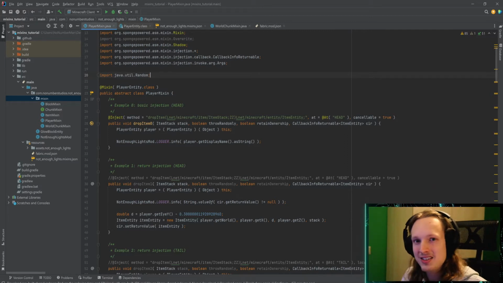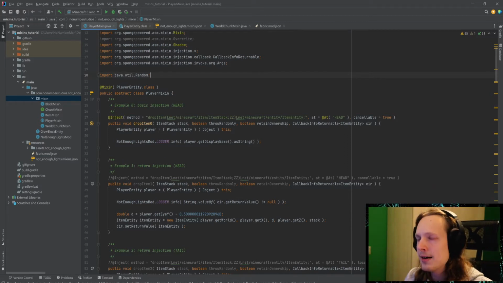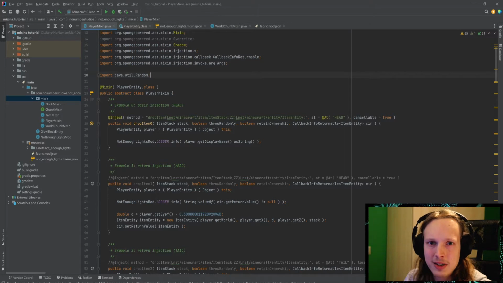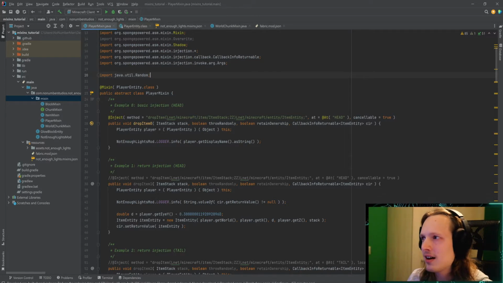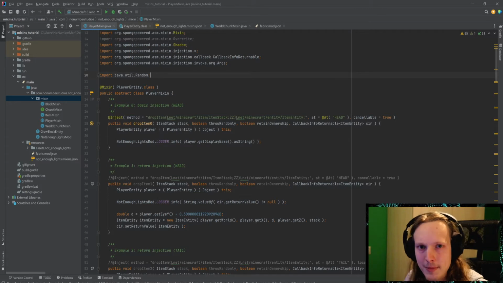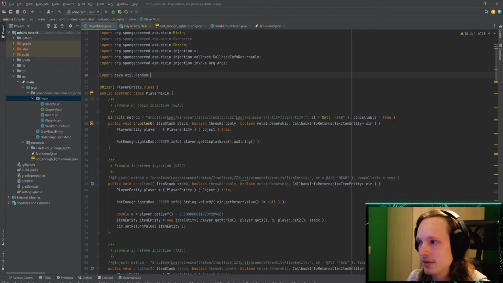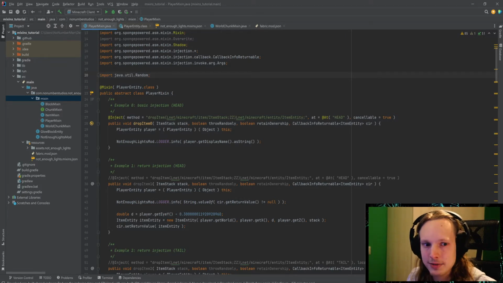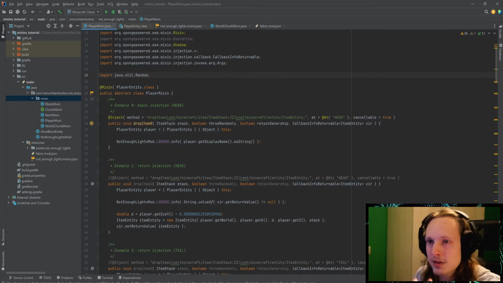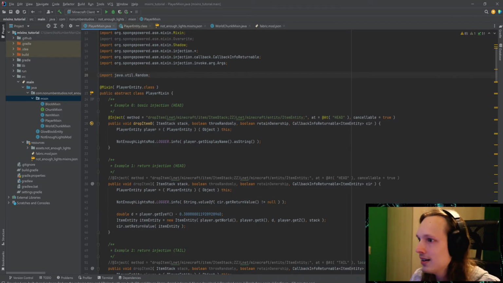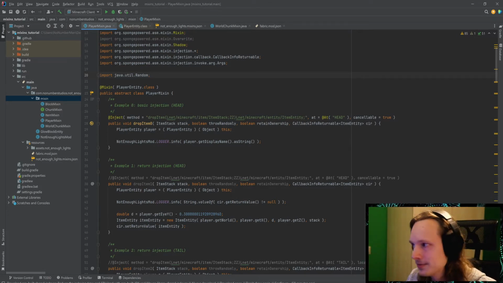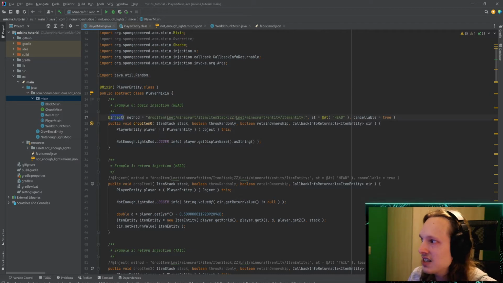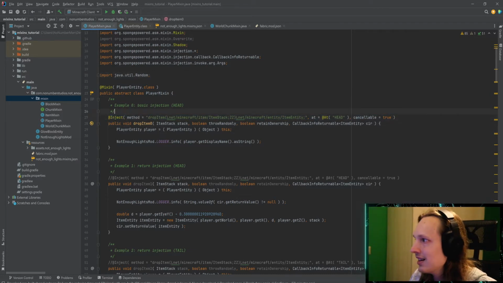Maybe we want to just inject some code. Maybe whenever we spit anything out, we just want to do something ourselves. Let's say our mod needs to keep track of how many items the player has spit out of their inventory. Well, that means that every time a player spits anything out, you need to get a hook in there, and then say, whenever this happens, notify me, and then I can do some counting, right? If you want to do that, you can inject some code, add inject, inside the method that you